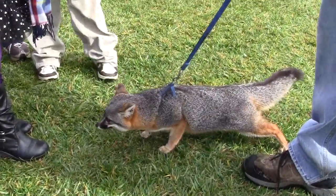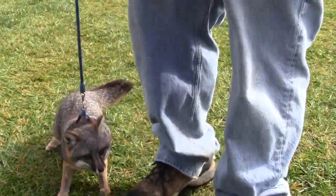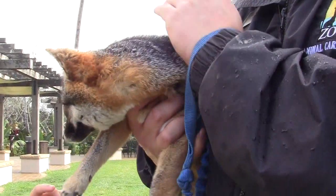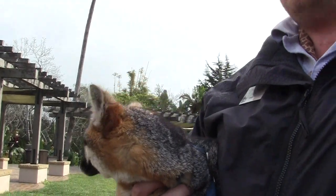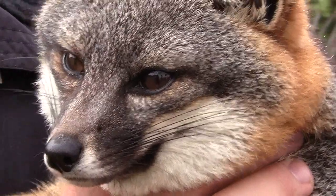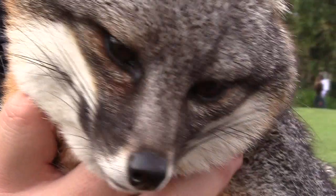Oh, wow. So at one time, there were only 14 individuals left on Santa Rosa and San Miguel Island. Due to breeding efforts at the zoo, along with some of our partners like the National Park Service, these guys have made quite a bit of recovery. On Santa Rosa Island, right off our coast, there are probably about 150 now. Oh, wow. San Miguel Island, the next island over, there are probably about 200 of these guys left. So they're from 14 to into the hundreds. Their numbers are definitely improving, and every year for the last 3 years, the population has increased due to breeding